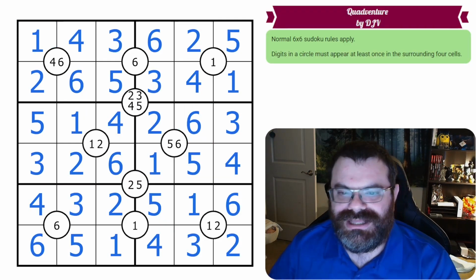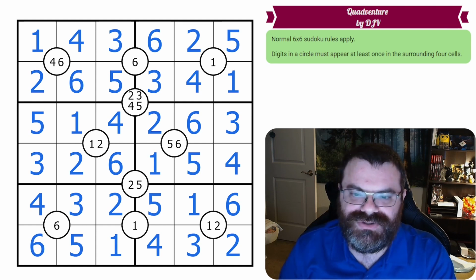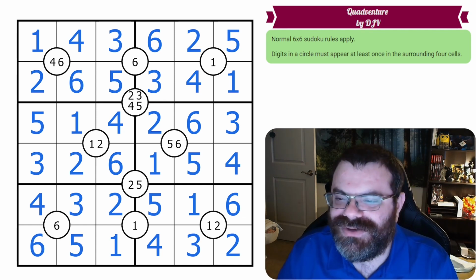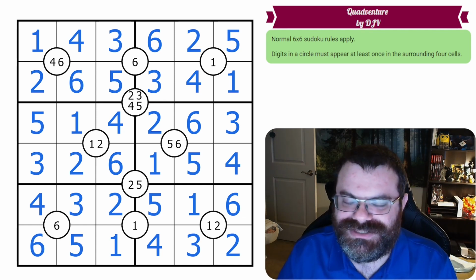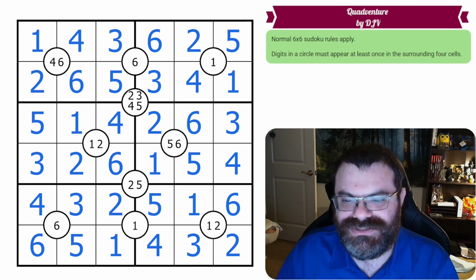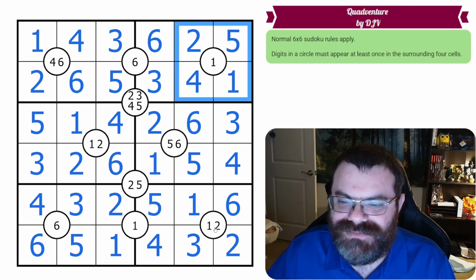Cool. Well, I enjoyed this puzzle. Thanks, DJV. You really managed to show off a lot of the cool things you can do with quads, even though it's jammed into a 6x6. That's always a difficulty when setting for this series, is there's things we're used to being able to do in 9x9s. Sometimes it makes it difficult to do in 6x6s, but I think you succeeded at demonstrating the alignment of